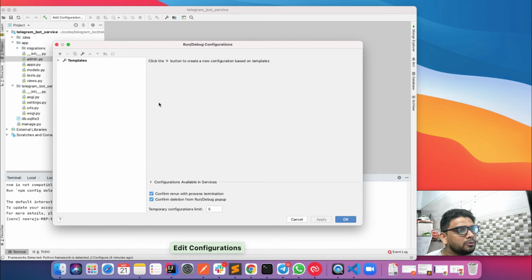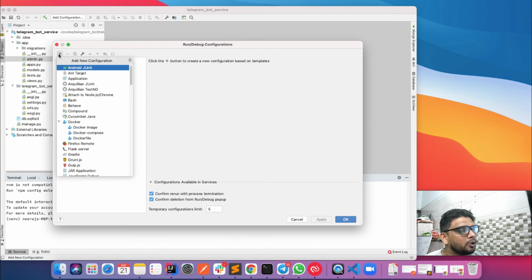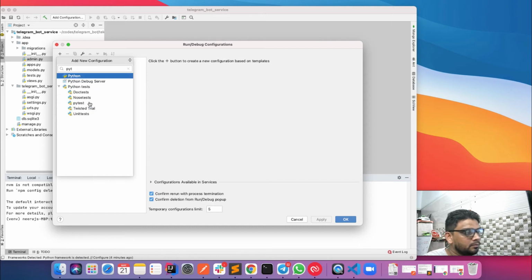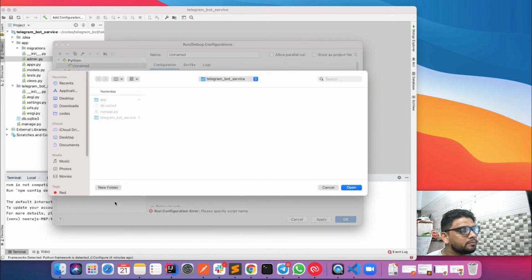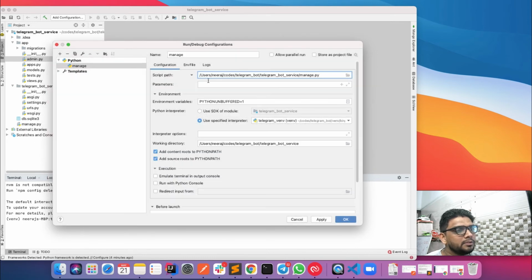I can also create some shortcuts over here. Let's create a Python command. Let's select the manage file. This is the manage file. I want to open shell. I'll just run this command and click on apply.